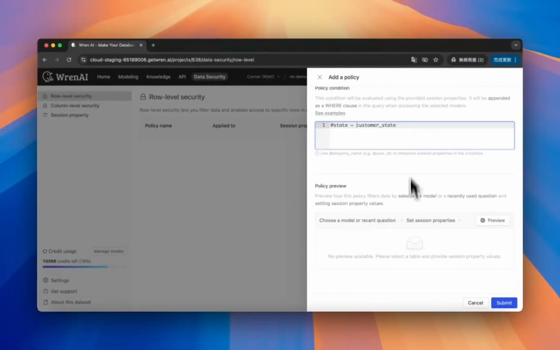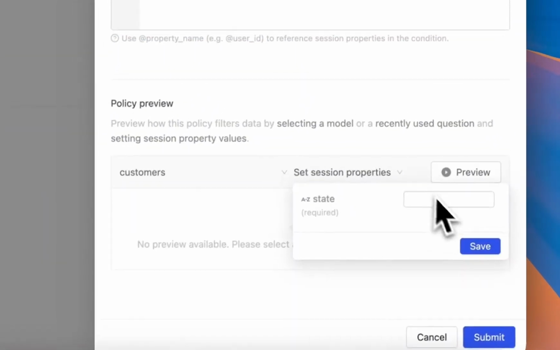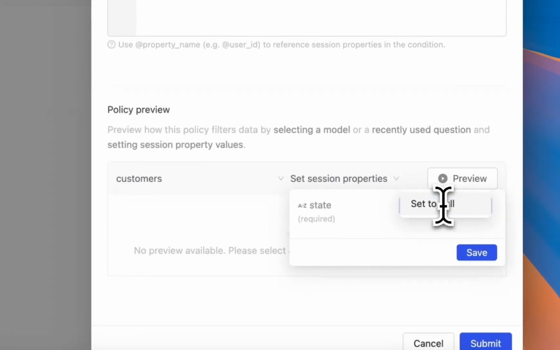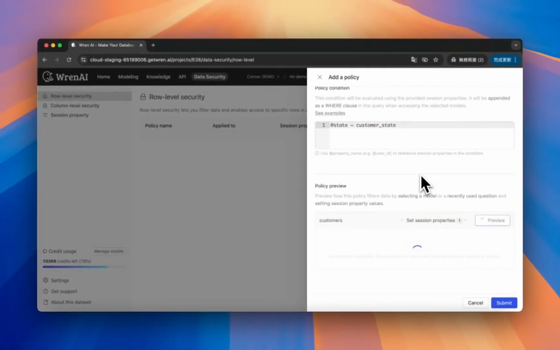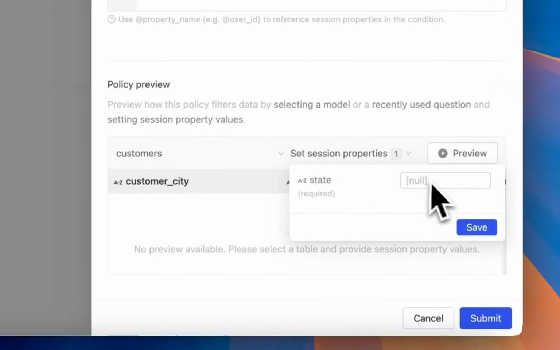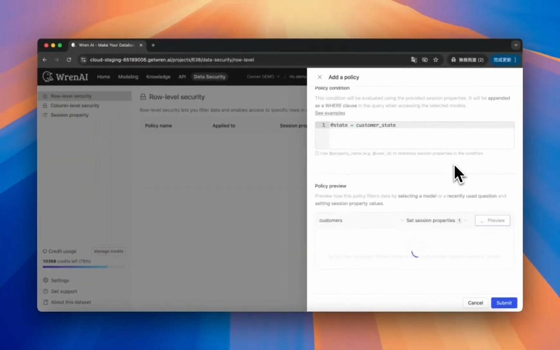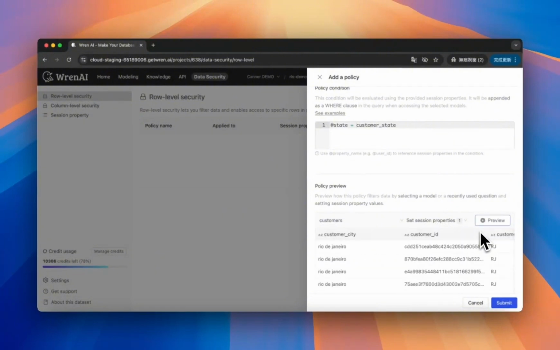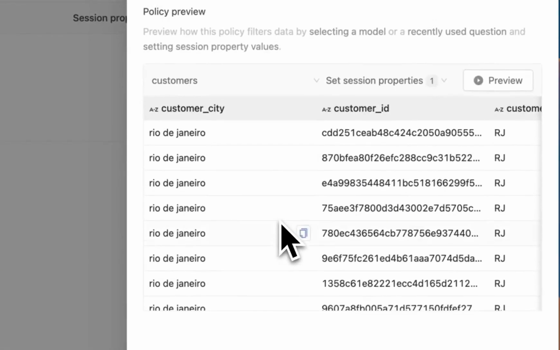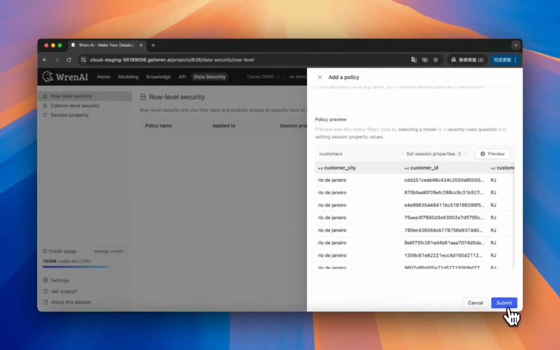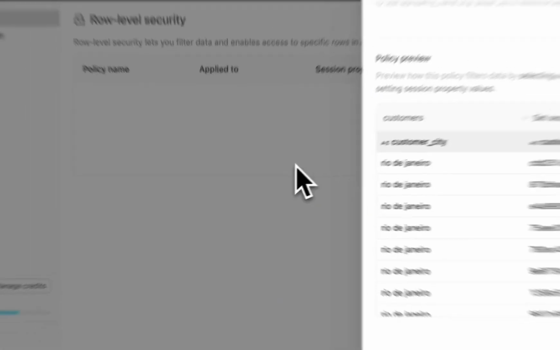Once this part is done, you can come here to do some previews, and you can see that when this value is set to something different, it will show a different behavior. For example, if we do this, then there won't be any data here. Now, let's say we just assign the user the RJ label for this one. Then during the preview, you'll see the customer status RJ data appear. So after confirming this, you can submit, and after that,